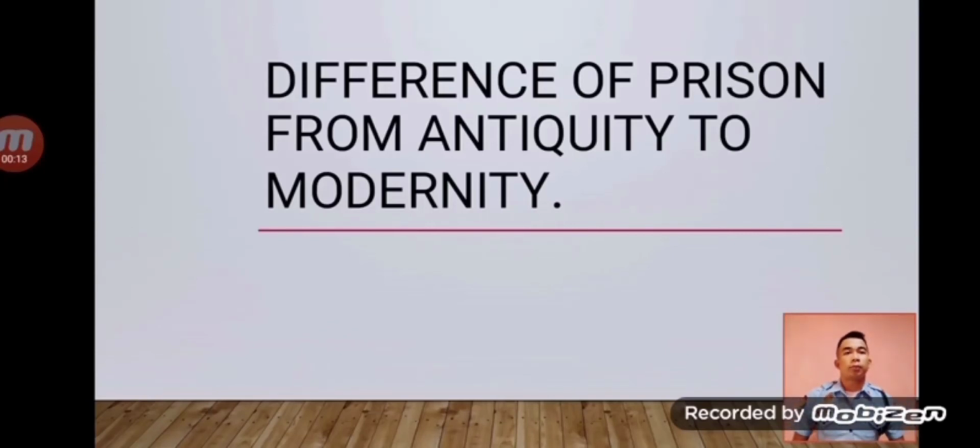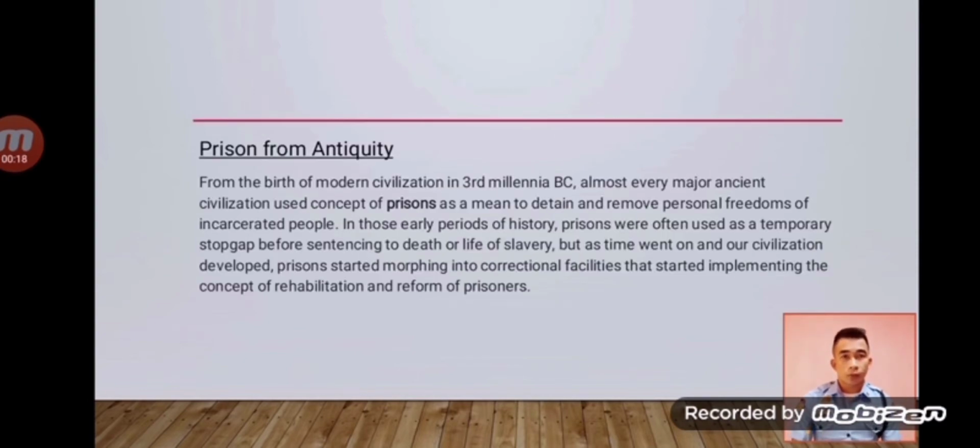So the second topic is the difference of prison from antiquity to modernity. Prison from antiquity. From the birth of modern civilization in the third millennium BC, almost every major ancient civilization used the concept of prisons as a means to detain and remove personal freedoms of incarcerated people. In those early periods of history, prisons were often used as a temporary stopgap before sentencing to death